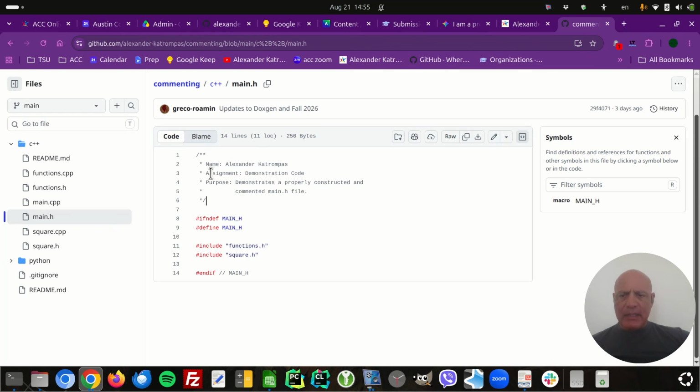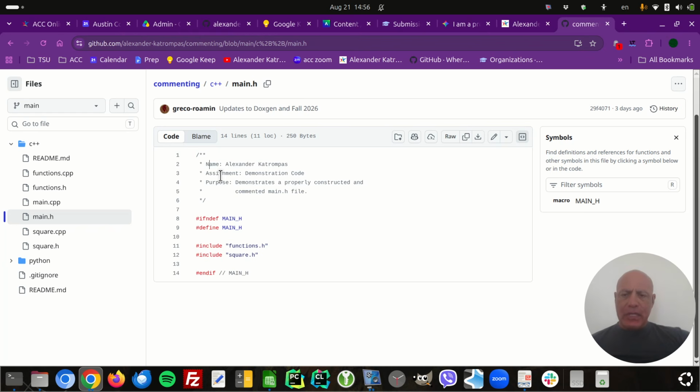This is a file comment block, and it has your name, the assignment, and the purpose. Now, in the professional world, this is going to be even bigger. So this is an example of where I'm doing less detail than professionally. Professionally, this is much bigger. It's going to include a date. It's going to include probably the authors, since there are multiple authors. It's going to include the last person that touched it, maybe the last modification that was made, something like that. So this is usually a lot bigger professionally. But here, you just fill in these three fields.